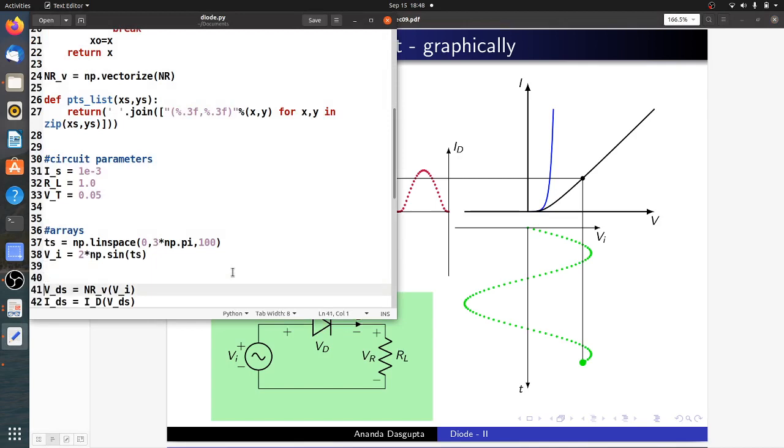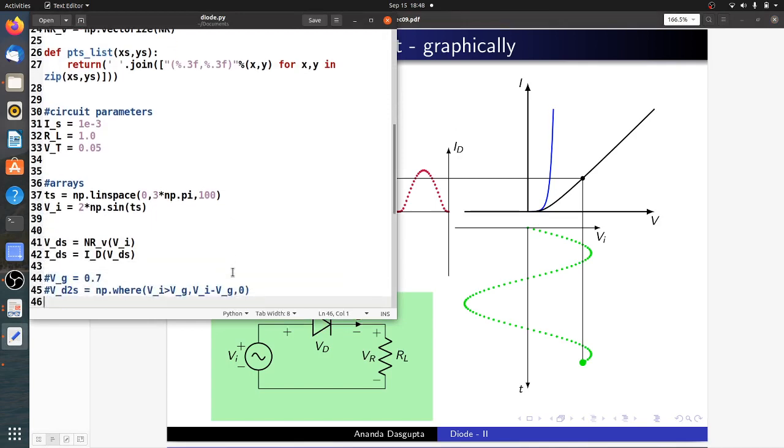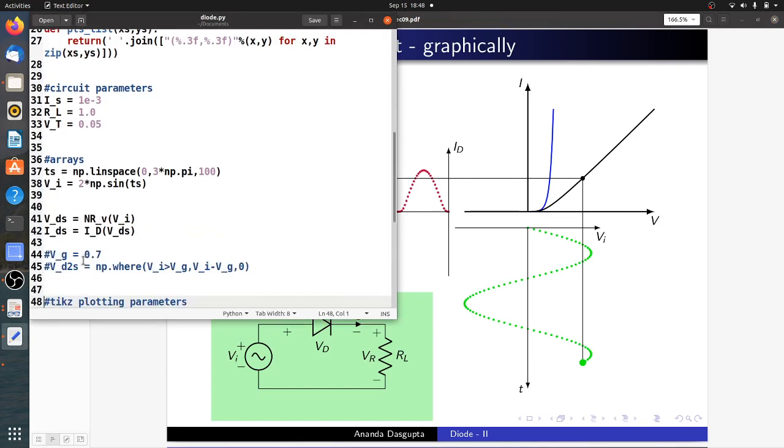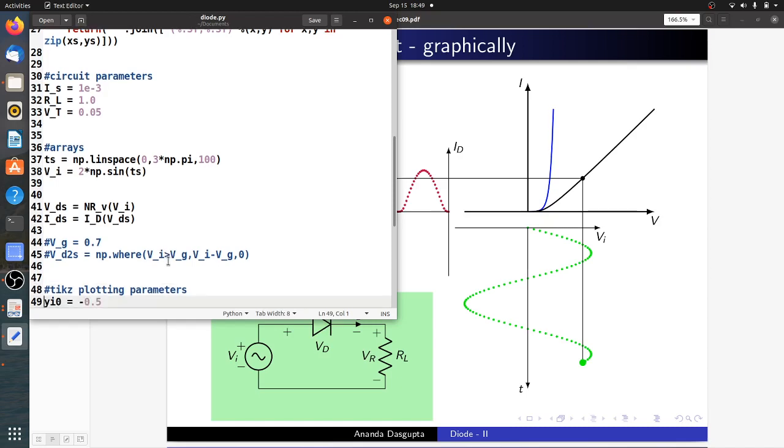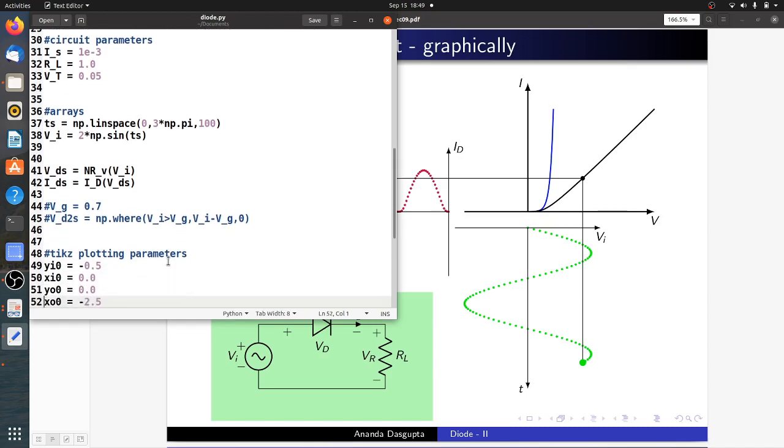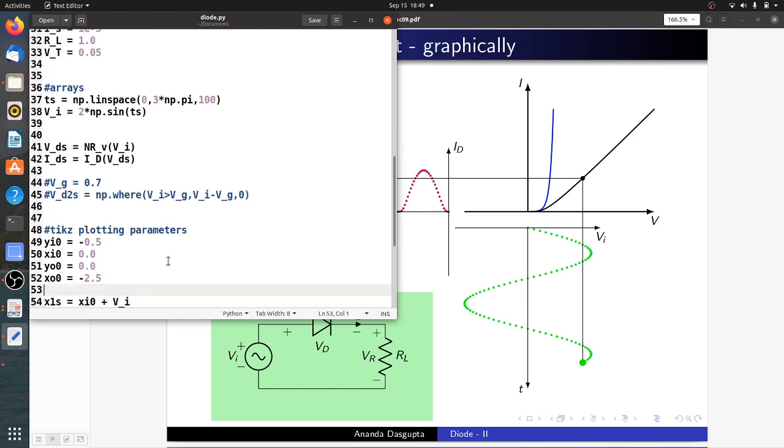So this is all the calculation done. Then comes the job of formatting. These two lines have been commented out. I will perhaps explain what they do later because we are not really using them right now. Then comes some parameters which I need just for the plotting part, which is just the value of the input